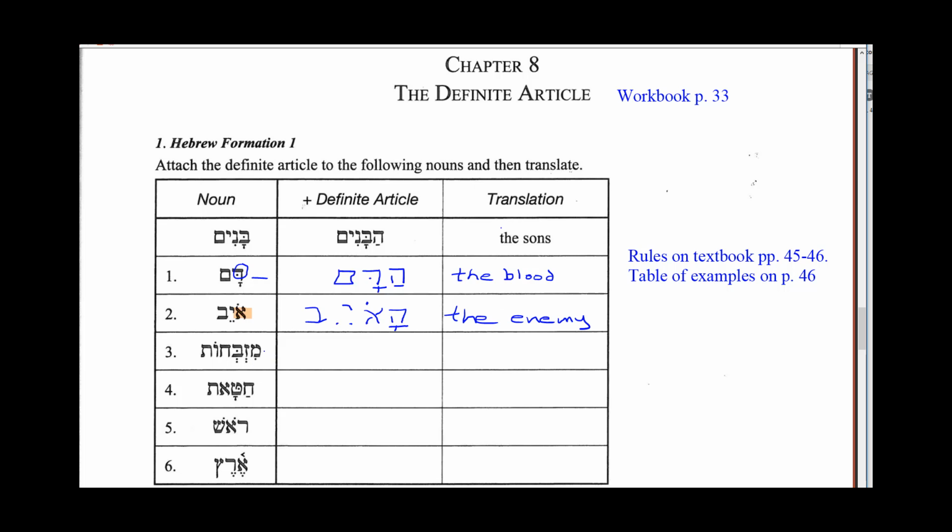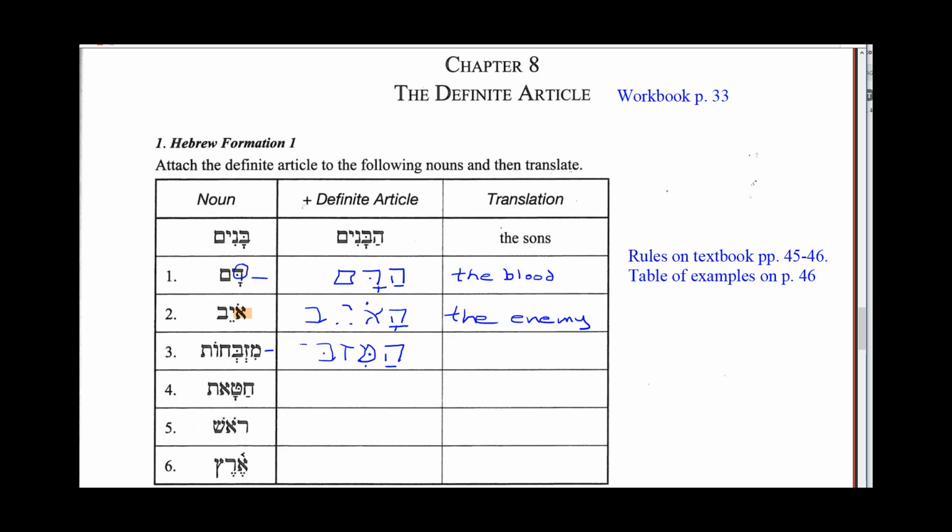All right, let's look at the next one here. We have mizbachot. This is a normal one, normal rule. So we'll put the hey before it with a patach. Our first letter of the word itself is going to be a mem, and that will have to be doubled. We're going to put a dagesh forte in there. And then that will have the hirik that it already had from the word, and then we're going to have the zayin,